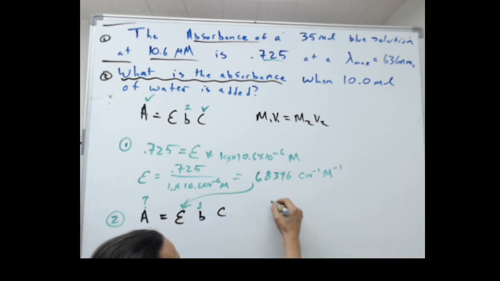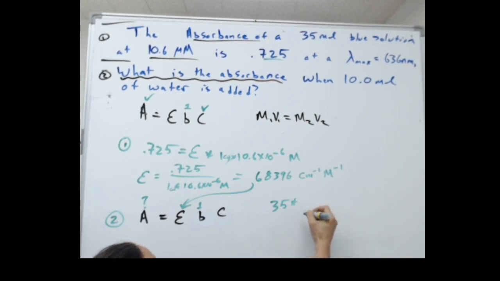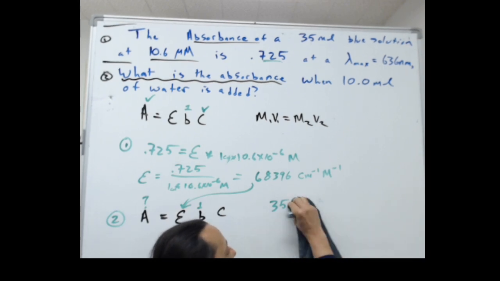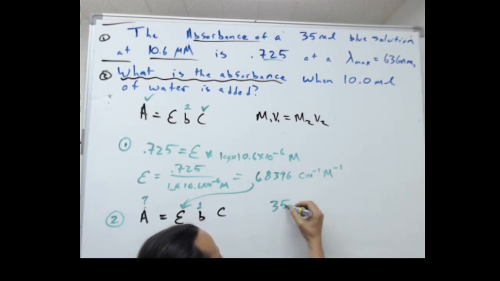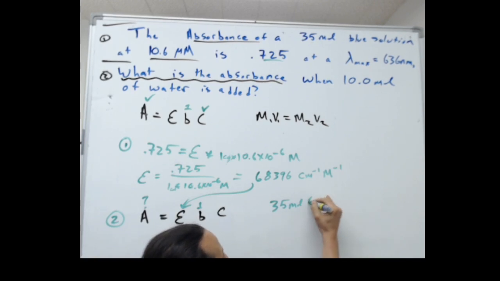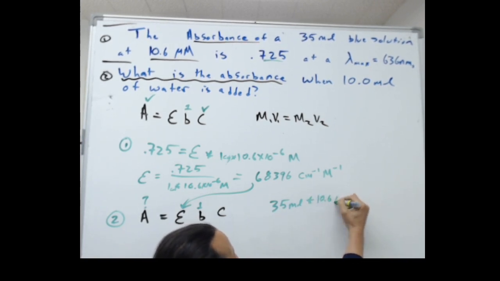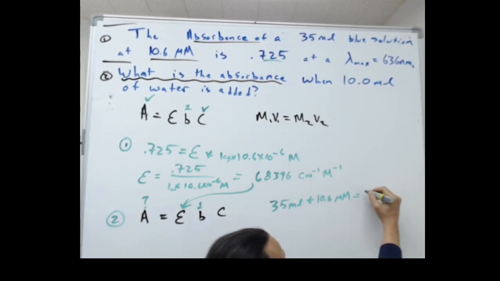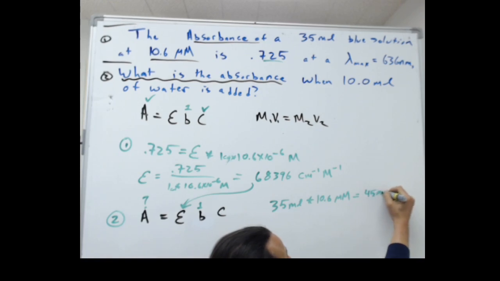To get the concentration, I'm going to say we've got 35 milliliters of our original 10.6 solution. Again, units. You can tell I haven't done this in a few weeks. Milliliters times 10.6 micromolarity is equal to total volume at this point, which is going to be 45 milliliters, times my